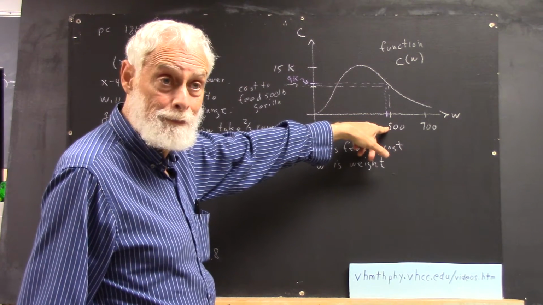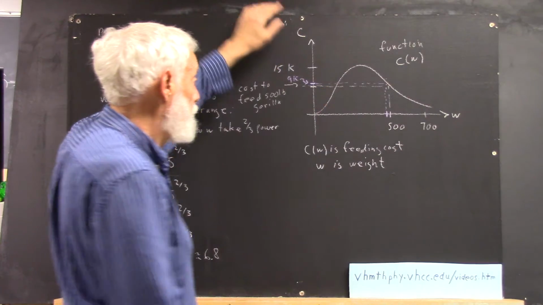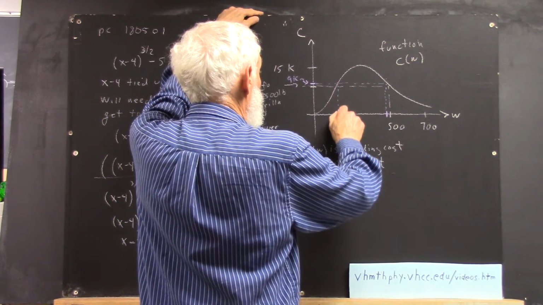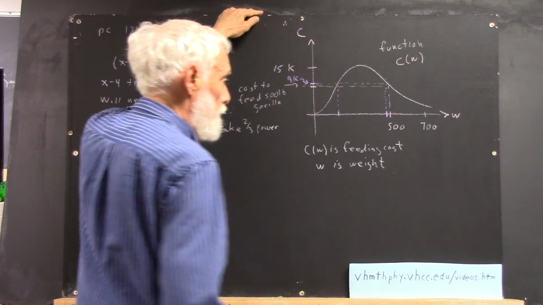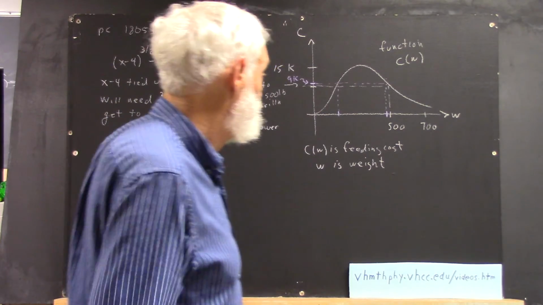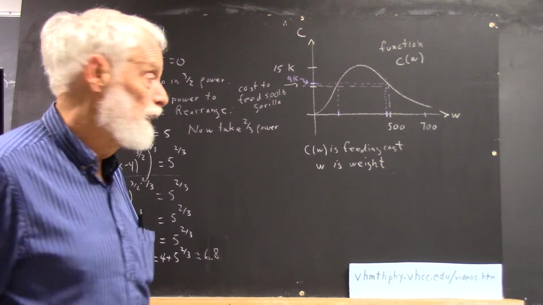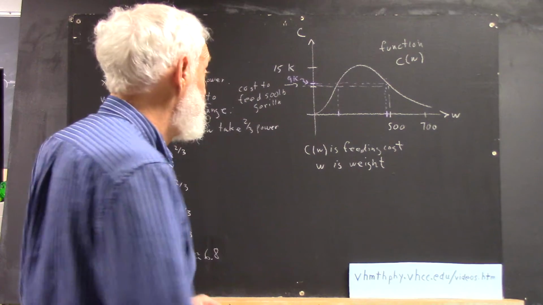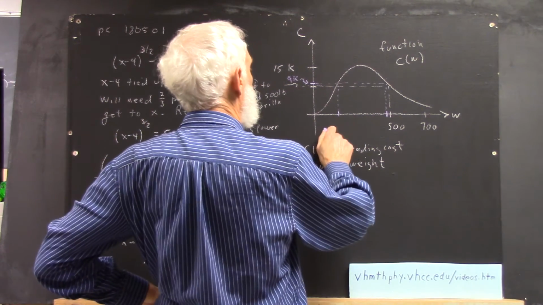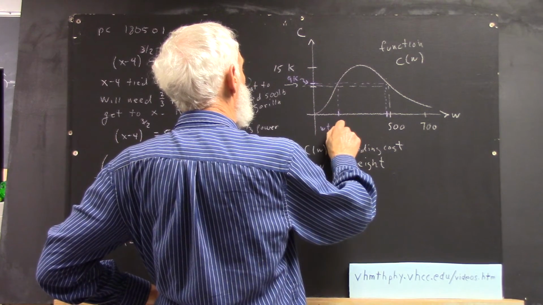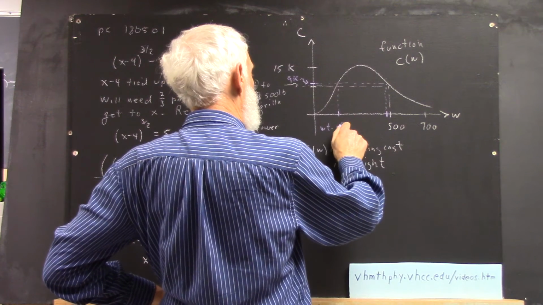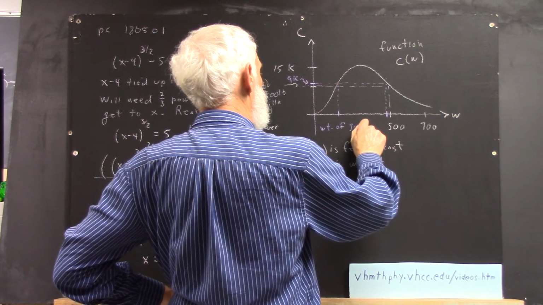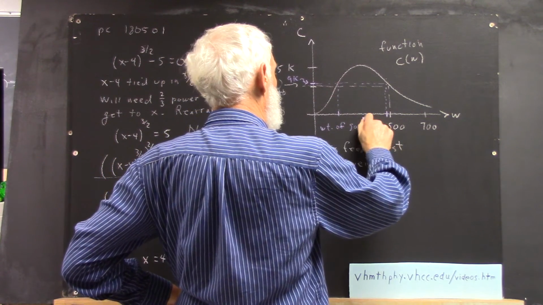Any others? Yeah, there's one over here. Little old slim gorilla. Looks like about 300 pounds, 250 pounds. Okay? So these would be the weights of gorillas